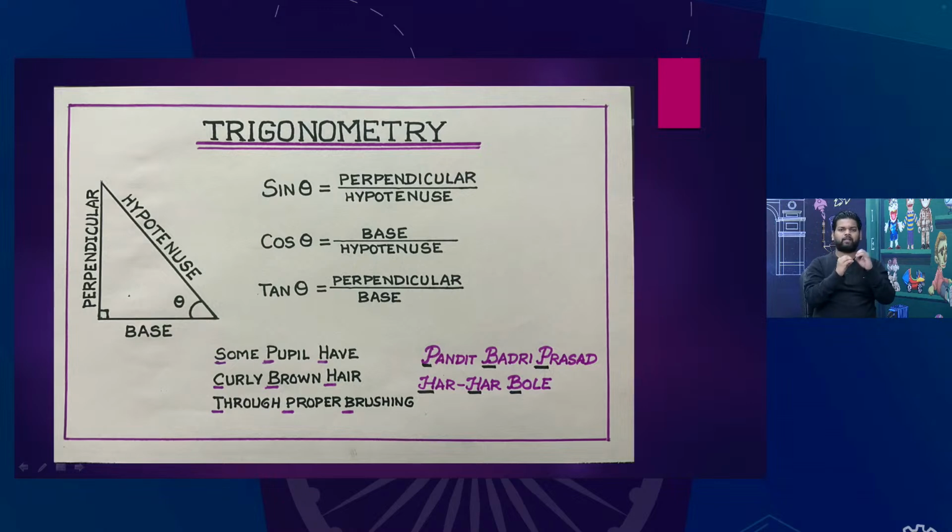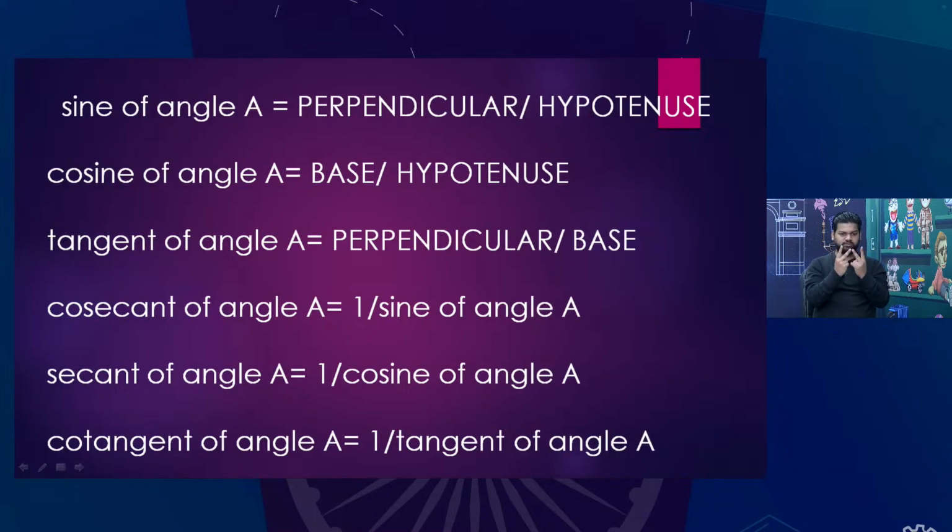Okay. I hope it is clear. Yes. Now let us see the 6 different ratios, children. Sine of angle A is equal to perpendicular upon hypotenuse. Cosine of angle A can be written as base upon hypotenuse, and tangent of angle A is equal to perpendicular